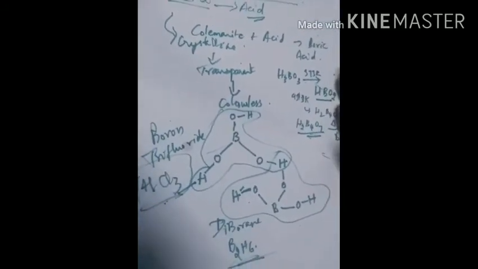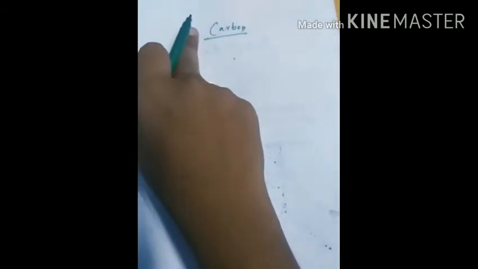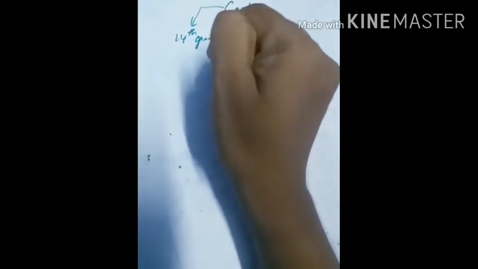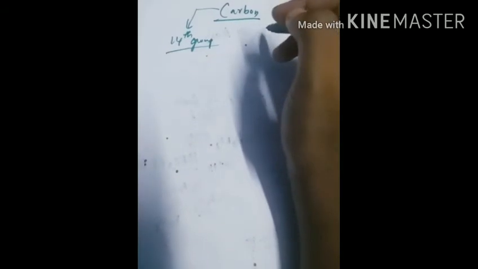Silicon is very important. The element we are going to discuss is carbon. We all know carbon is very important in organic chemistry. Because of carbon only, organic chemistry exists. The study about carbon is called organic chemistry, but now we all know that it's a part of the 14th group P block elements. So we will study the physical and chemical properties of carbon.